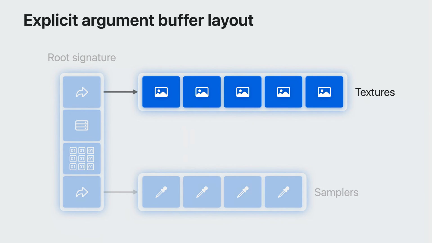Each descriptor table is a resource array that contains elements of the same type, such as all textures, all samplers, or all buffers. Metal's argument buffers are more flexible in that elements can be of multiple types. But if your engine expects homogeneous arrays, you can easily encode them with an argument buffer.